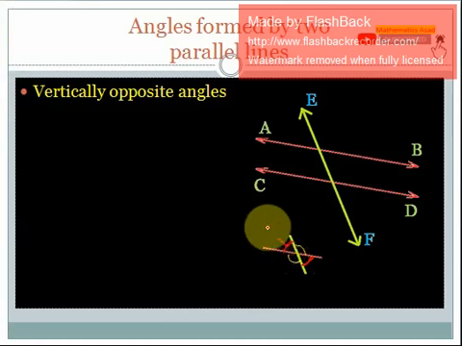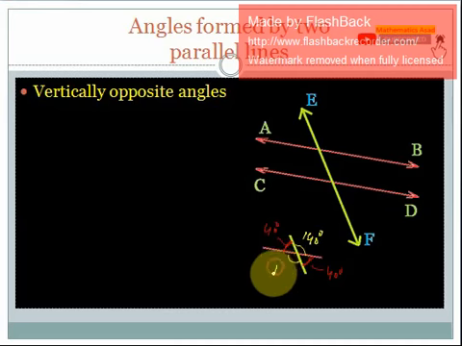Suppose it is a 40-degree angle, so this one must also be 40 degrees because it is vertically opposite to this angle. And similarly, if it is 140 degrees, then this angle must also be 140 degrees because of vertically opposite angles. Now in this scenario,